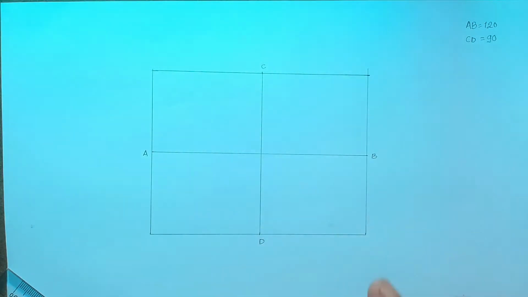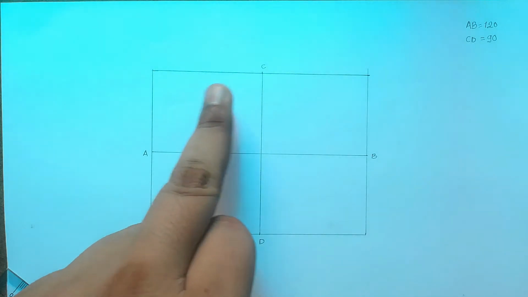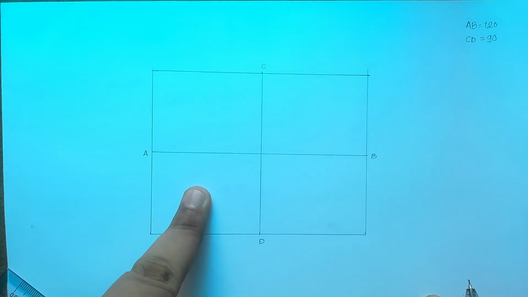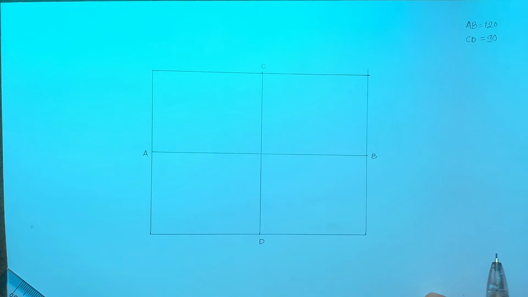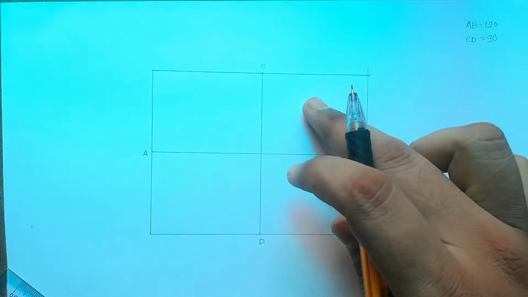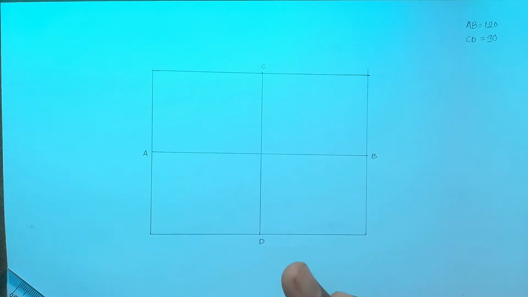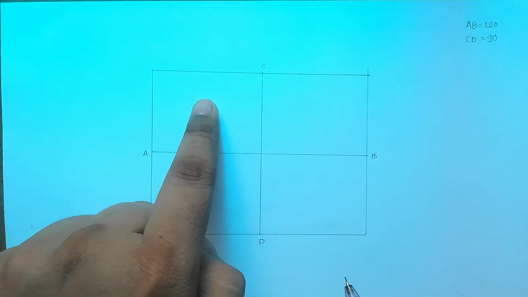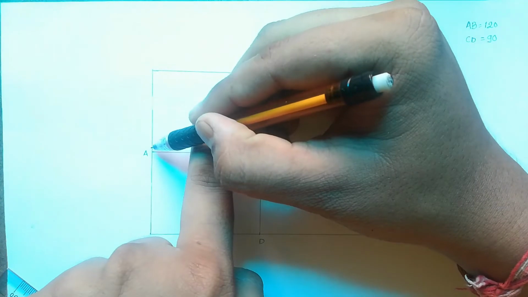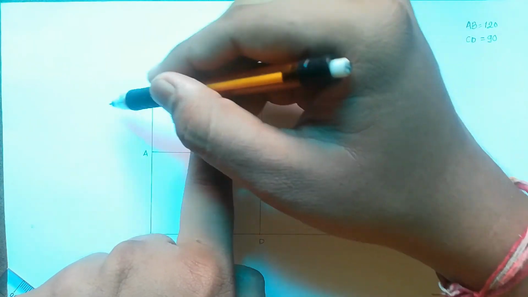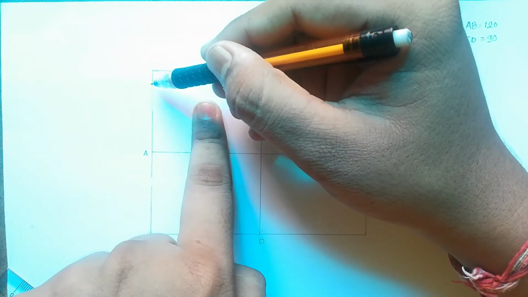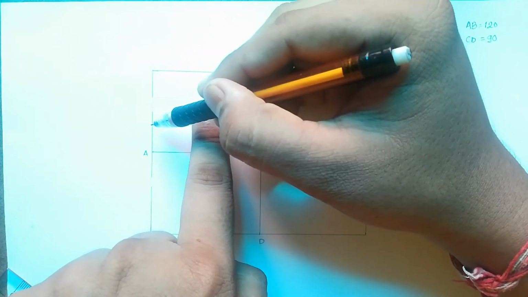Clear? Now once I am done, as you can observe, there are a total of 4 rectangles available in this area. So the process will be the same for all 4 rectangles. What is the basic process? Let me explain. If I take this rectangle, I need to divide this vertical line that is available outside into a number of equal divisions. Let me say I need to divide this line into 6 equal divisions.